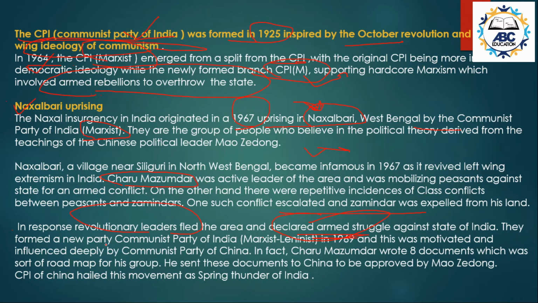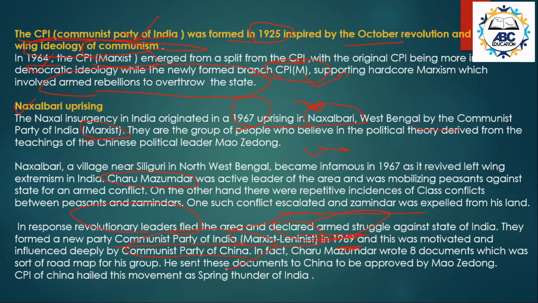After this incident, that is the Naxalbari Uprising, a new party was formed which was called CPI-ML or CPI Marxist-Leninist in 1969, and this was motivated and influenced deeply by the Communist Party of China. Basically अब आप देखो कि ग्रो हो रहा है ये मूवमेंट. ओके, ठीक है. नक्सलबारी अपराइजिंग क्यों कहते हैं, नक्सलिज्म इसका नाम क्यों पड़ा, बिकॉज एक नॉर्मल आर्म्ड पेजेंट रिवोल्ट हुआ नक्सलबारी विलेज में which was led by the Communist Party of India Marxist, and its leader was Charu